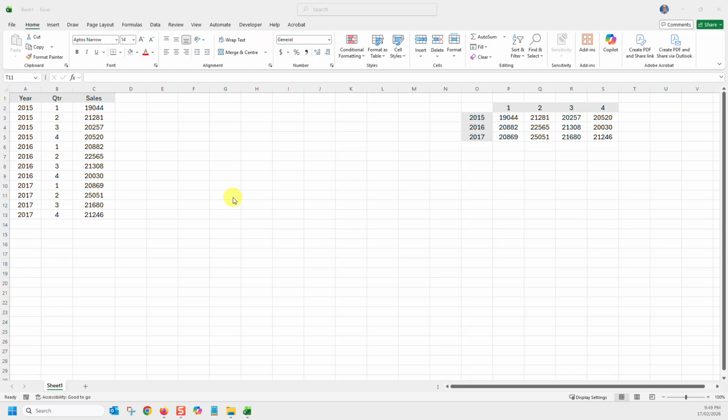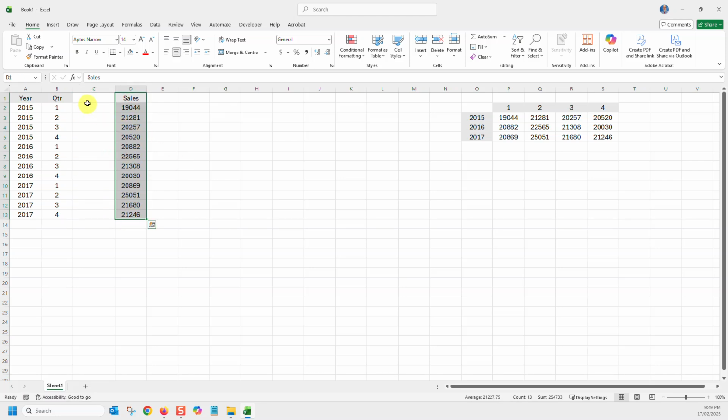Hi everyone, I've got some data here about sales from 2015 to 2017, and this is quarterly data. So what I want to do is plot a time series. Now I'm just going to move that column across to the side, and I'm going to create a column for